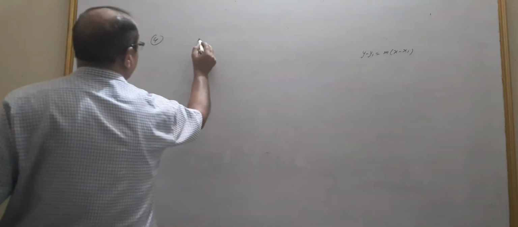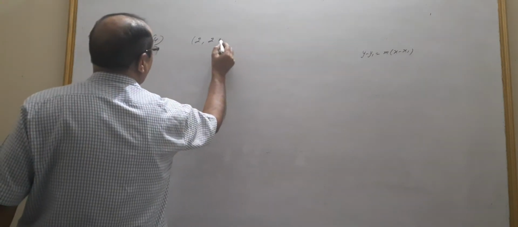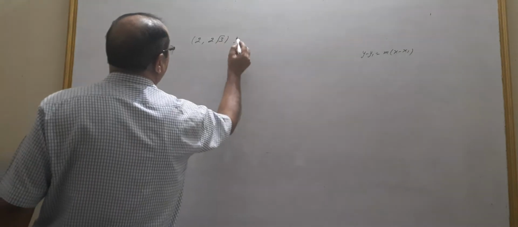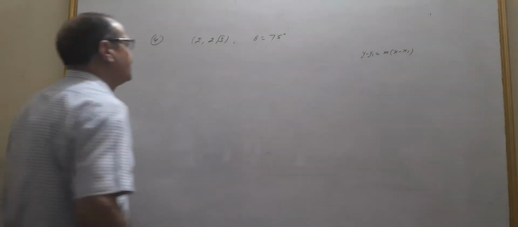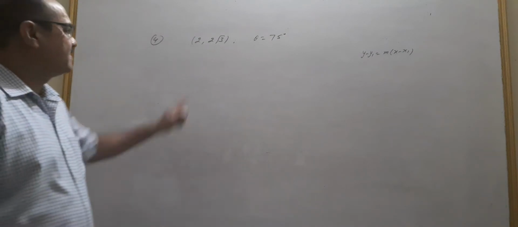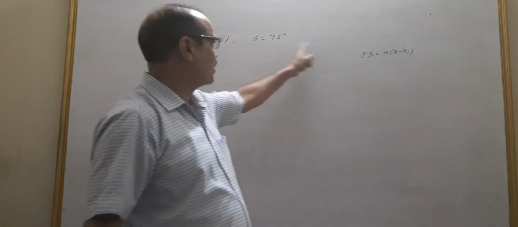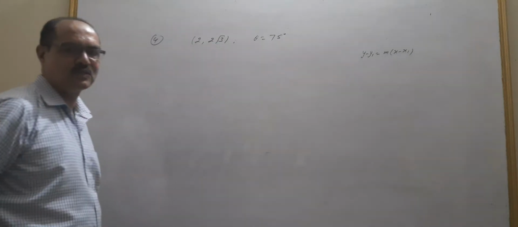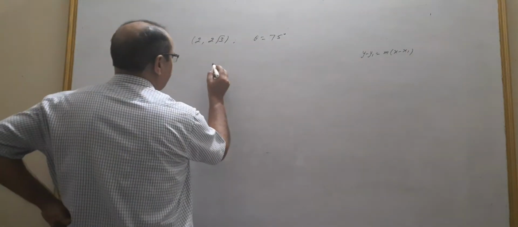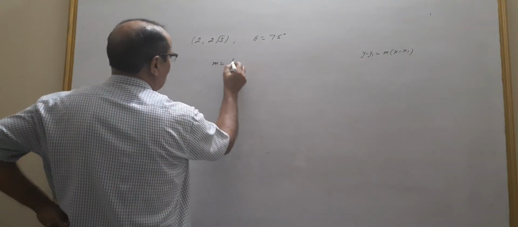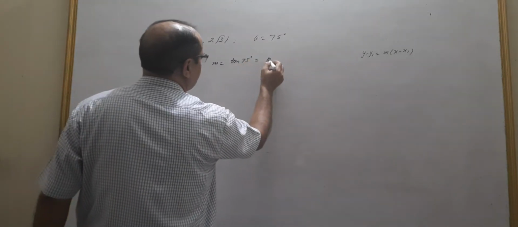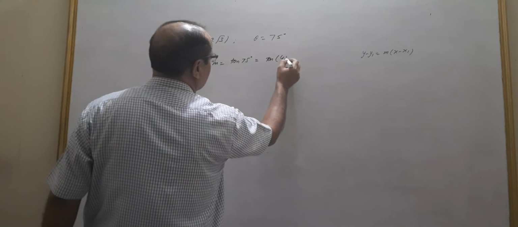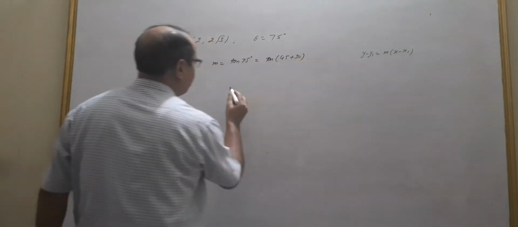Now after this I will start with question number 4. What is given in 4? Again, find the equation of the line passing through the point 2 root 3 and making an angle theta equal to 75 degrees with the x-axis. So again the point form, but the problem is how to get the value of m, the slope. So how will we get the slope? I will write m as tangent of 75 degrees. How to write the value of this tangent 75? That is equal to 45 plus 30.